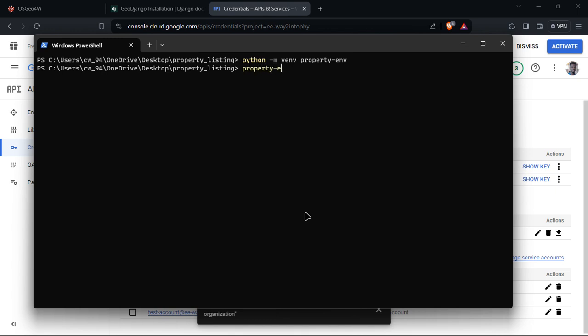Now, I think my virtual environment has already been started. I'm going to get into it by running property script activate. I'm going to clear this, and I'm going to do a couple of installations. So we have pip install